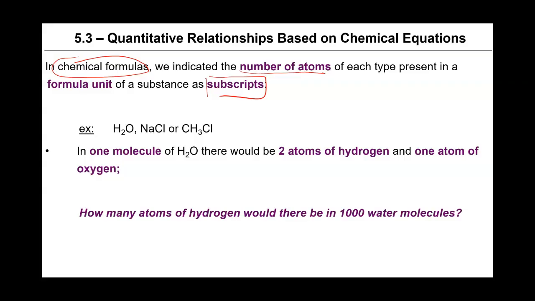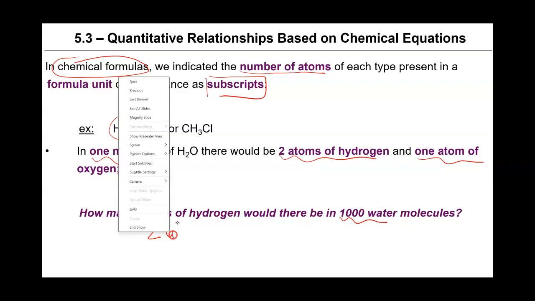What I'm really getting at is if we look at a formula for a substance like water, what the formula is telling us is that in one molecule of water, there will be 2 atoms of hydrogen and 1 atom of oxygen. So if I was to ask a question such as, how many hydrogen atoms are there in 1,000 water molecules, it would be pretty obvious to recognize that we get 2 atoms